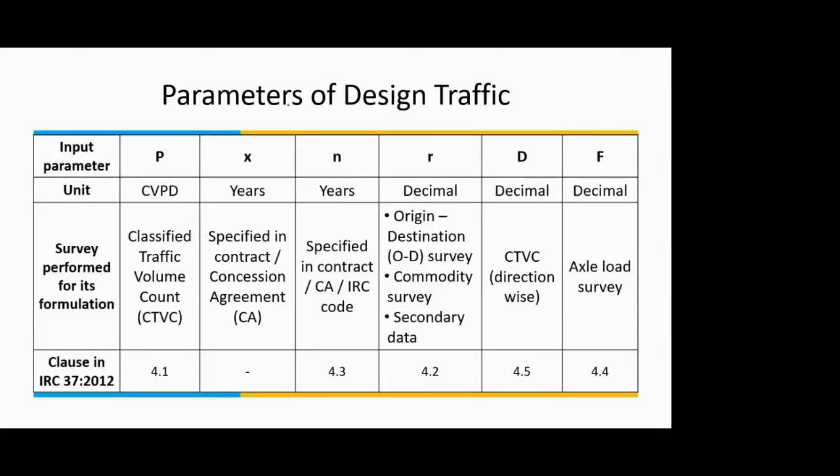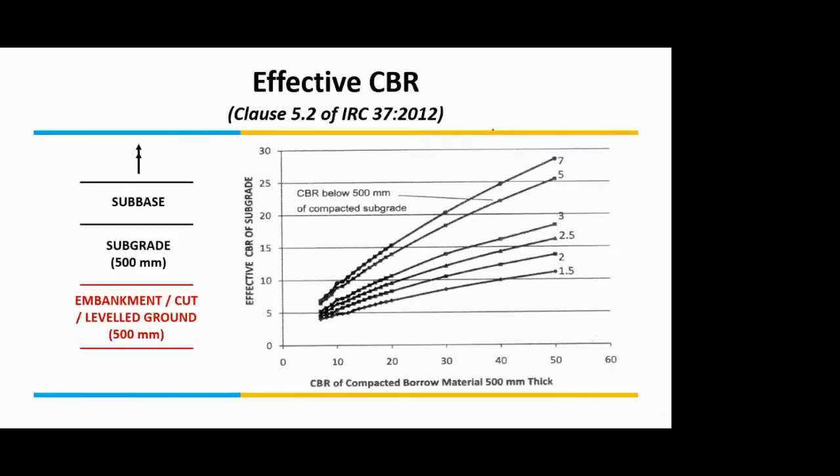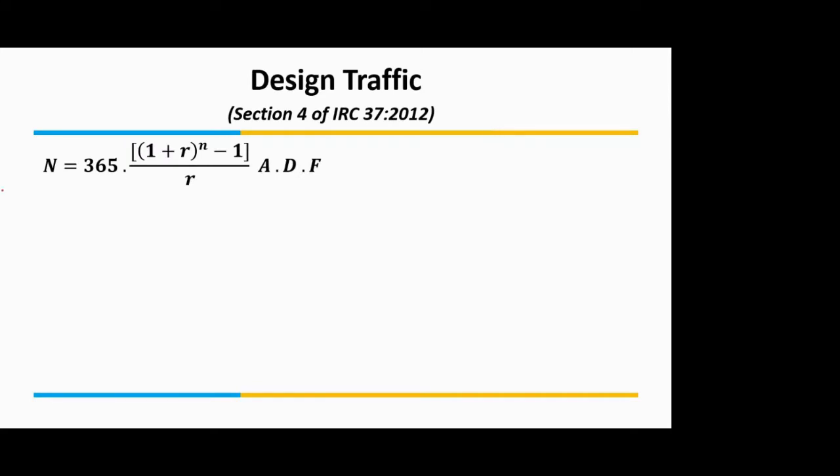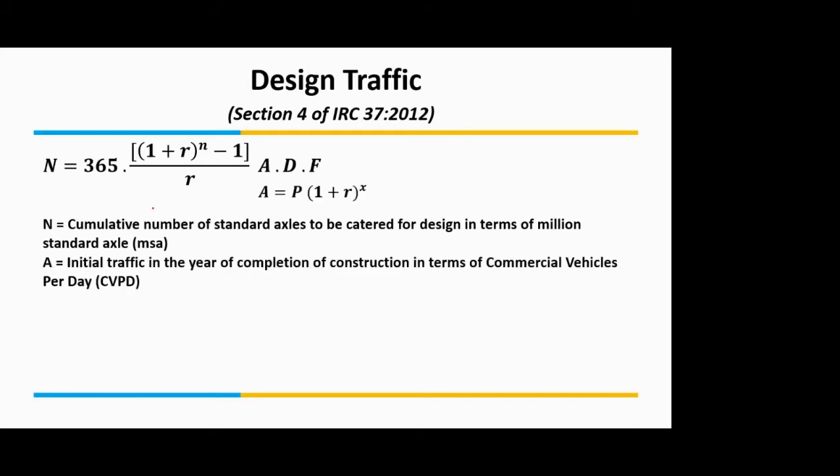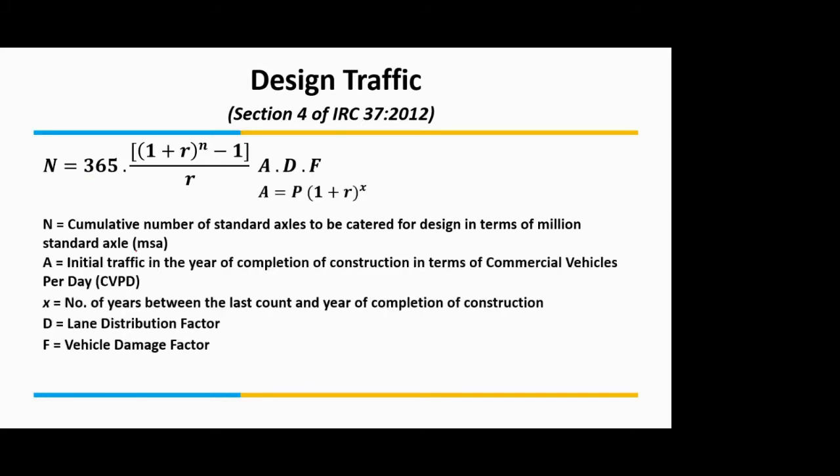So today we are going to discuss the parameters that go into the design traffic. In the last lecture, we saw this formula of design traffic, how you actually find out this design traffic, which is one of the inputs for your pavement design. You have this straightforward-looking formula, that 365 into all those terms. But I told you that each term in this has some significance. So now we will look into what that is.